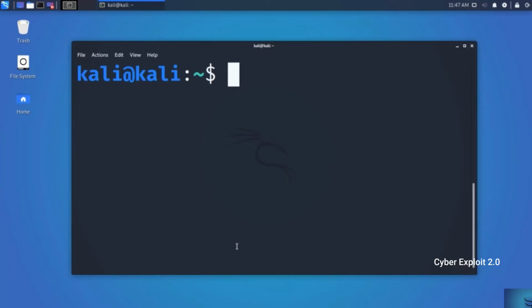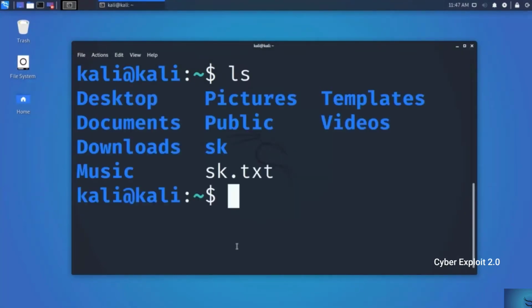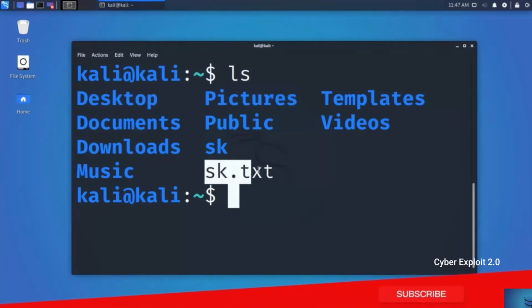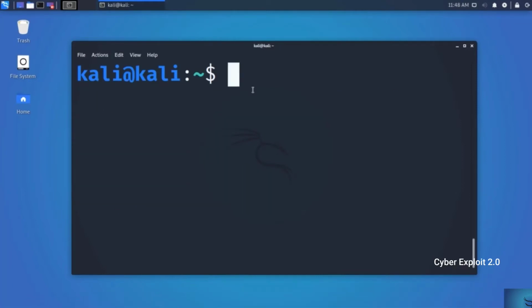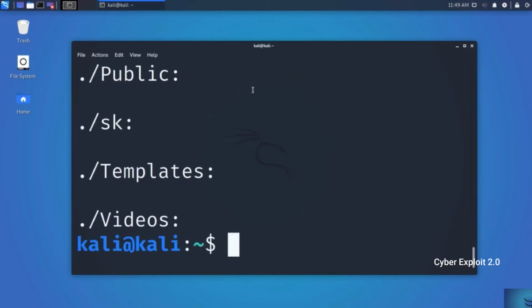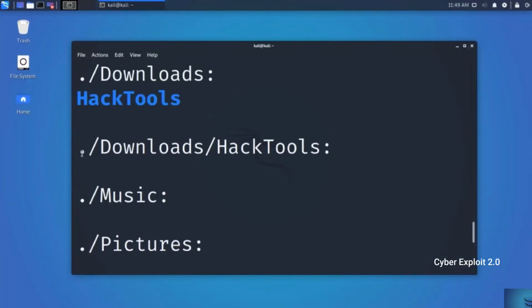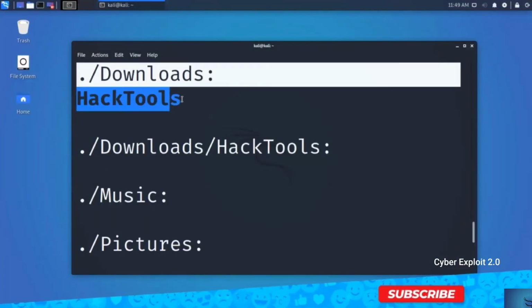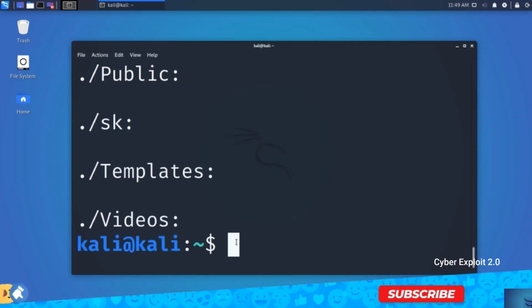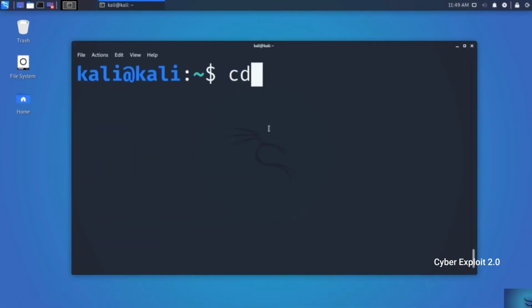Now to see what files and folders any directory has, you can just use the ls command. ls stands for list. Type ls and you will see the subfolders and files of your current directory. Directories are denoted in blue color and files are denoted in white. With this ls command, we can use many attributes. Like if you use ls then space then -R, it will show you all the files, not only the directory but also the subdirectories. And if you want to see every single piece of information in detail, just use ls with the -l attribute.